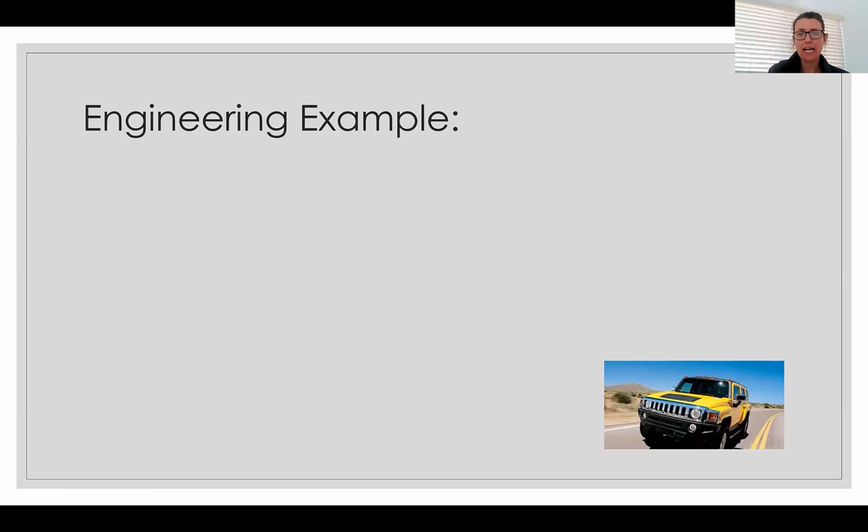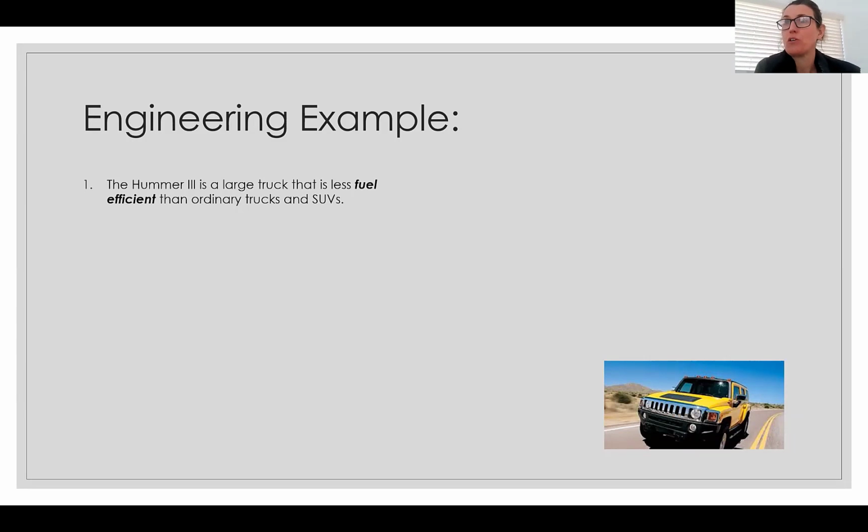Okay. So here's an engineering example. I altered it slightly from your textbook. The textbook used the Ford F-150. I used the example of a Hummer. I don't know anything about cars, except Hummers are very big and they probably use a lot of gas, maybe even more than Ford F-150s. And they seem not to be as useful and maybe more flashy, unless you're being shot at in a war zone.